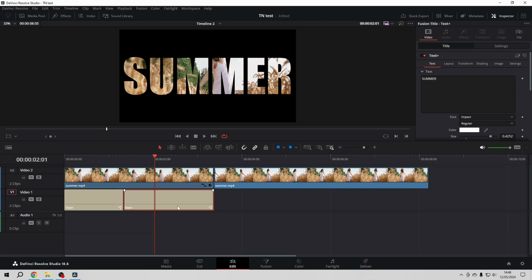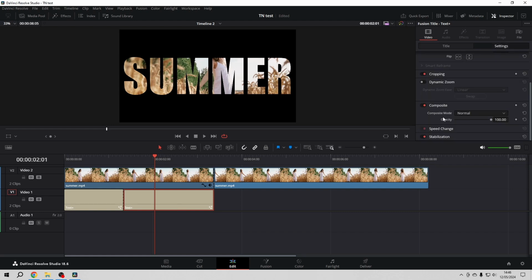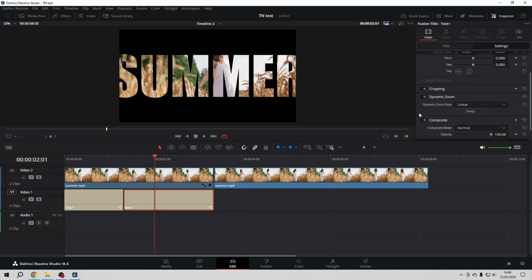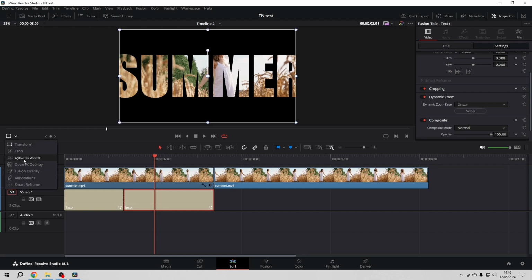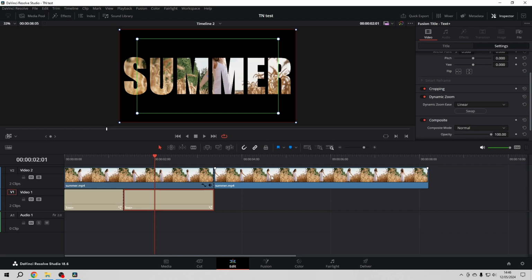Then I'm going to this part of the text, go to the settings, and here I'm going to scroll down and activate dynamic zoom. Then I go to the drop-down menu in the editor, and here I choose for the dynamic zoom. What I'm doing here is I'm going and take the red box and make it small so that it fits into one of our letters here. And the green box goes to the full size of the frame, what gives us